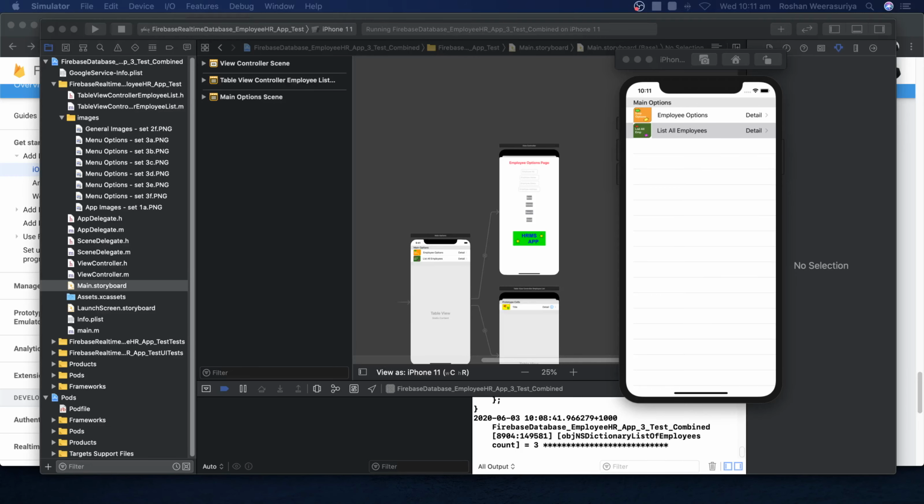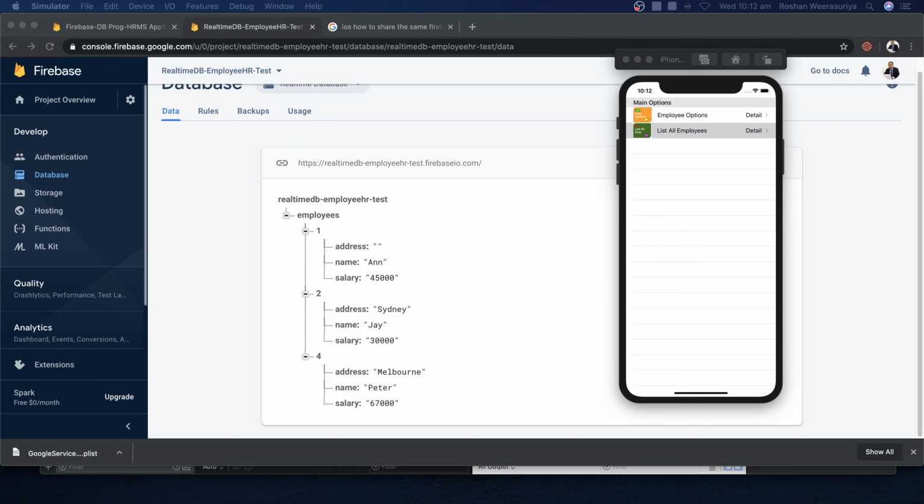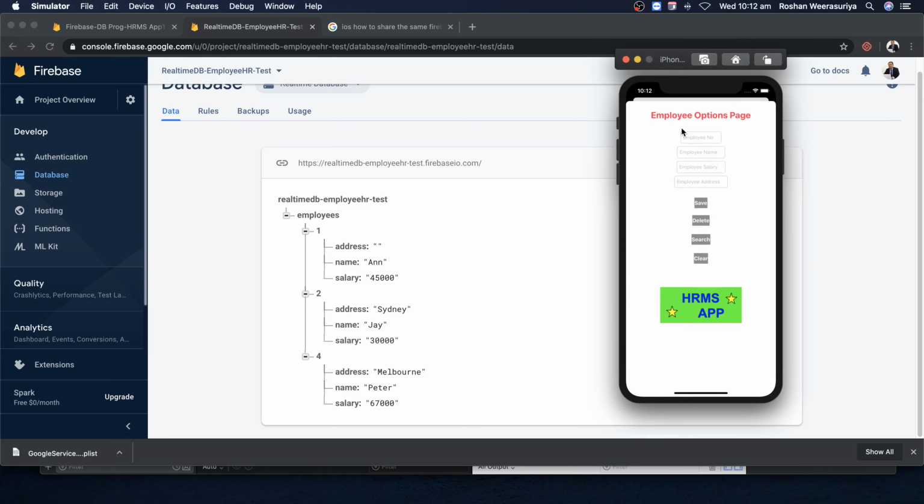Hi viewers, let's see the app we are going to develop in the next couple of lessons. The app is connected to the Firebase database. You will see there's a main menu with employee options and listing all employees. This is the table view controller we have put here. When you click on employee details, you will be taken to a page where you can add, insert, search,